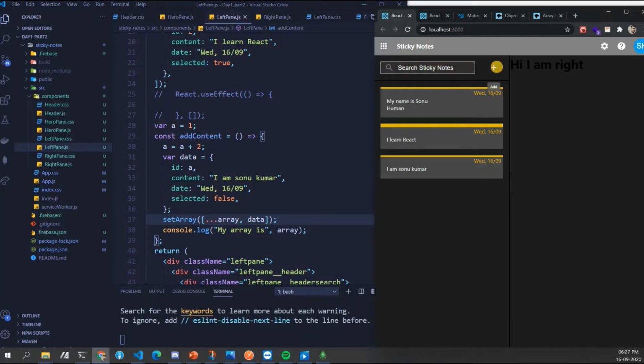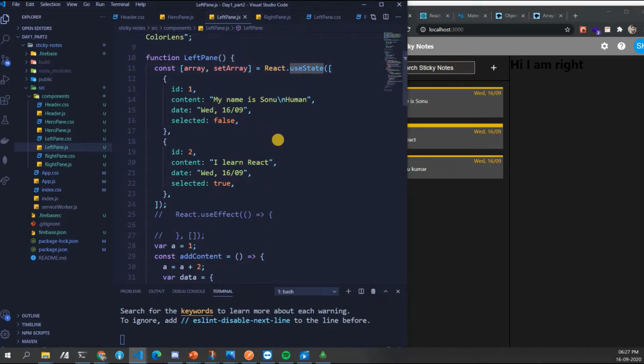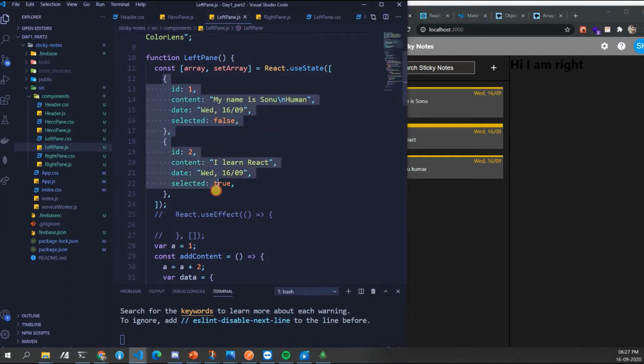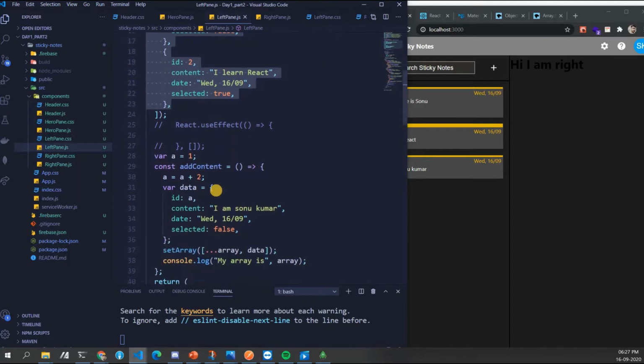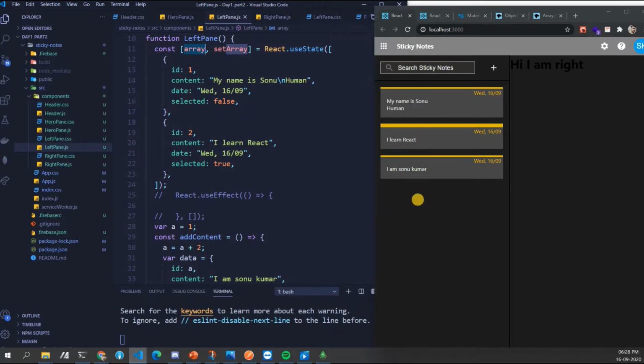Okay, let's see if we can set the data. See, previously what happened was, even if we defined a variable, that variable was not captured. But when we did use state, which is a hook, internally these changes happened. So these values which were there, internally an event was fired so that this data can go and sit here, and that can also be displayed here. So this is the use of hook. Getting my point, guys?